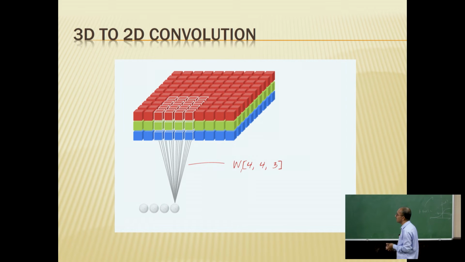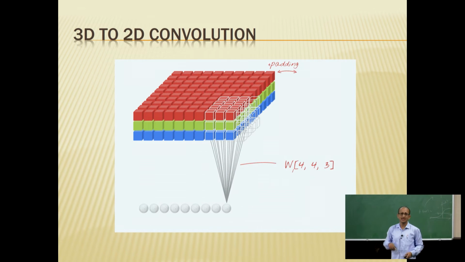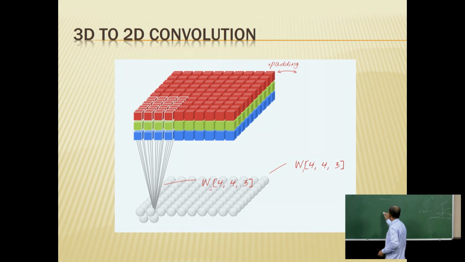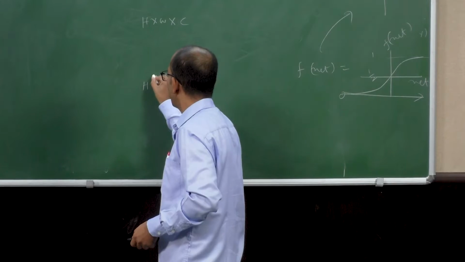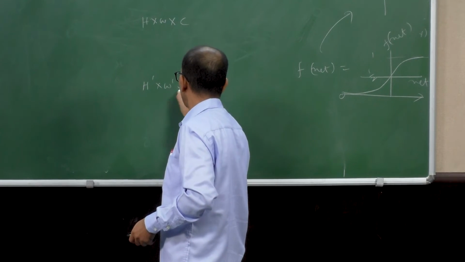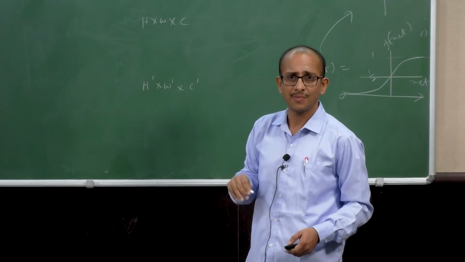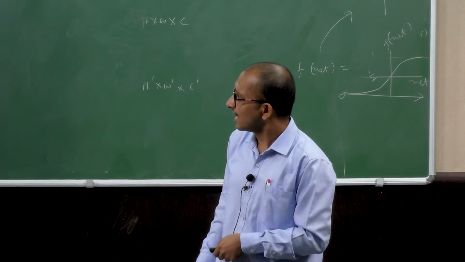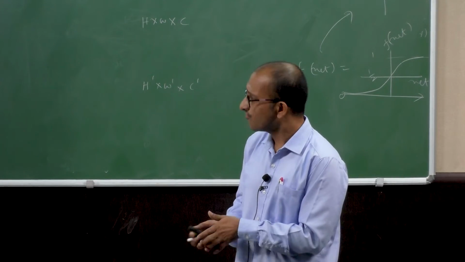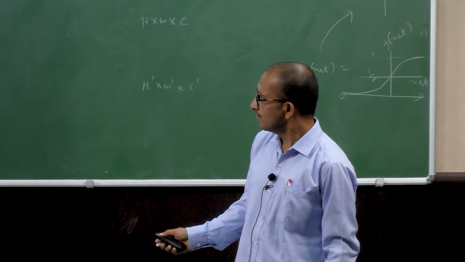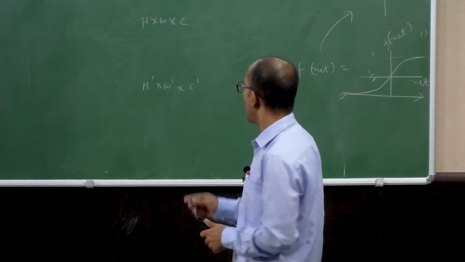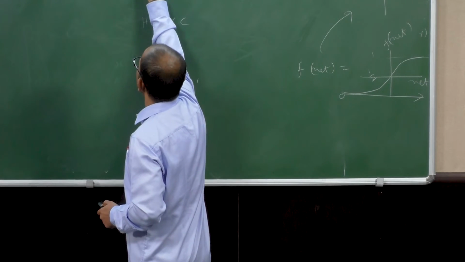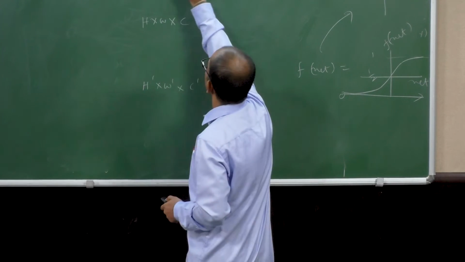There is already H cross W cross C, and from here I want to get, I will write, H dash cross W dash cross C dash, another feature map. How do I get that? The operation that I do is, I perform the convolution operation with a 3-dimensional kernel now. I will write this: if I want to get the convolution output, assume that we have